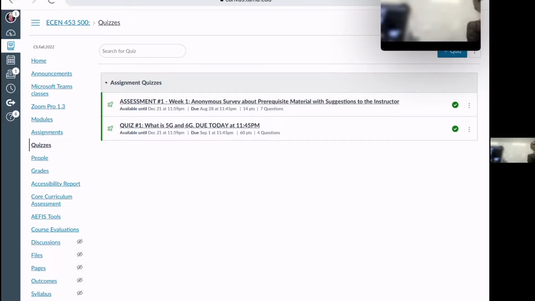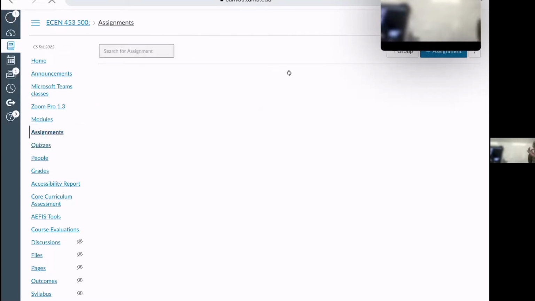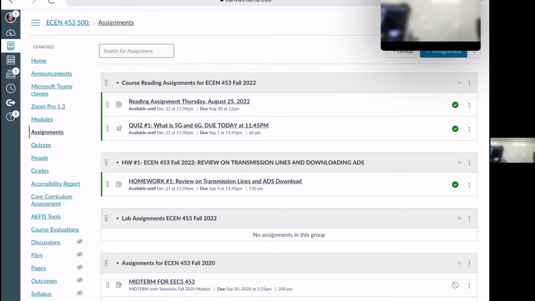It is based on what you have on 5G and 6G, what you've learned when you read it, like a magazine or something, but you don't necessarily need to. What I'm asking you is so fundamental that you should be able to find or remember it. The other thing that we have for this week, and you go under assignments, is homework number